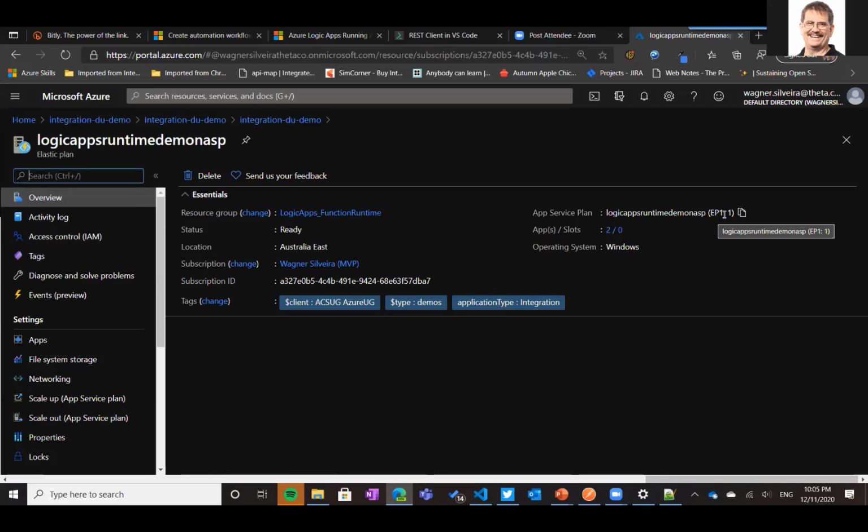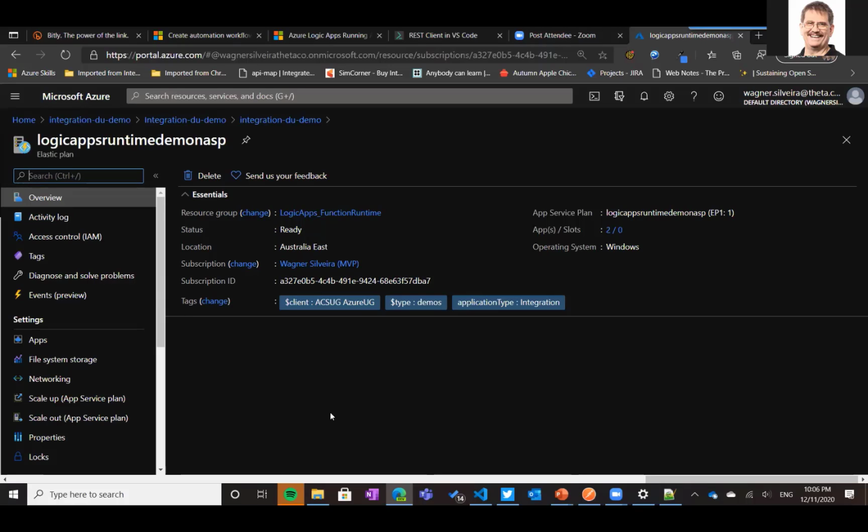But the interesting thing was, instead of a consumption-based premium, I was able to spin one up on a free app service. Ah, I didn't try that. That's a cool one, yeah. So you can create a free app service plan, and that gives you another thing a lot of people request, which is a free development environment. Yep. Basically, the only thing is you don't get custom domains and things like that. But for development, you don't care about that. Yeah, so it saves you that